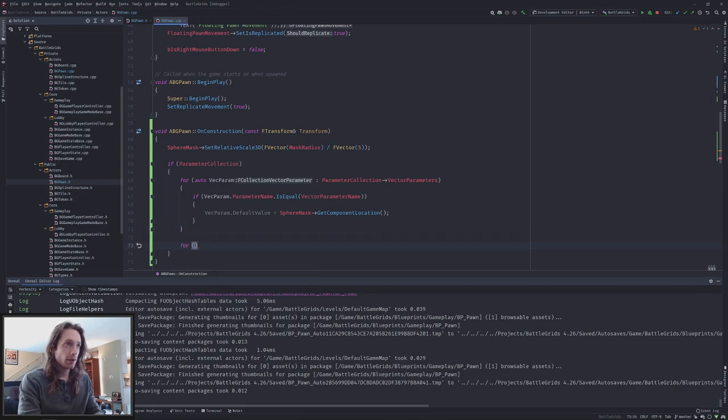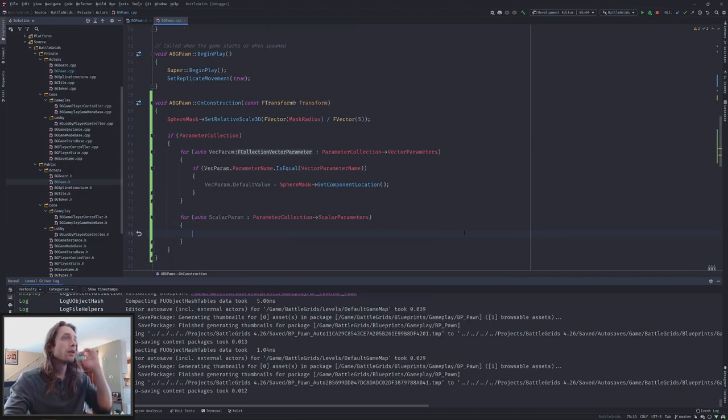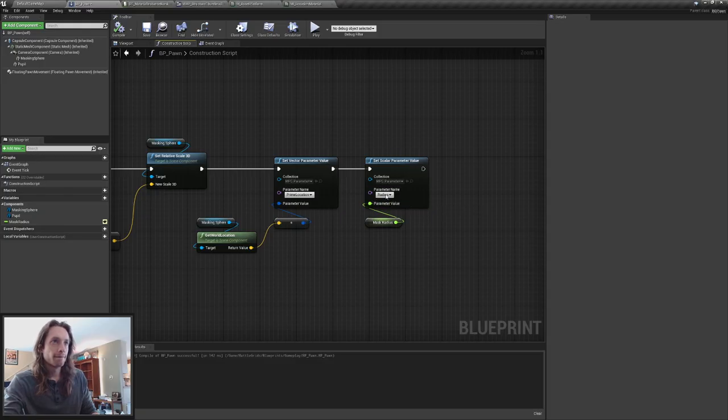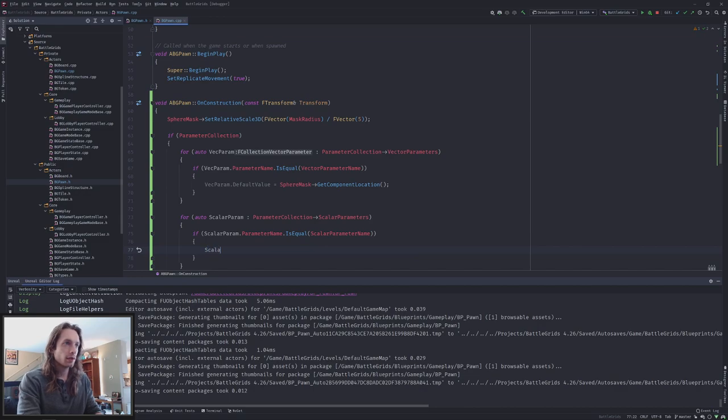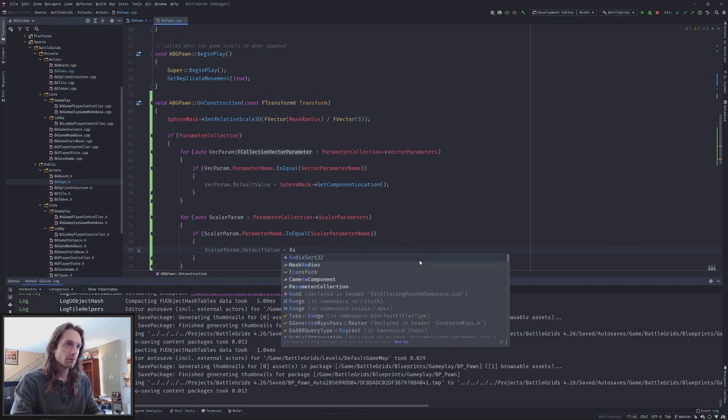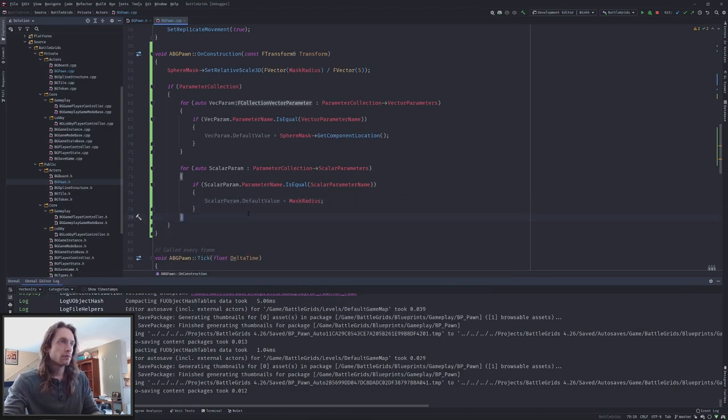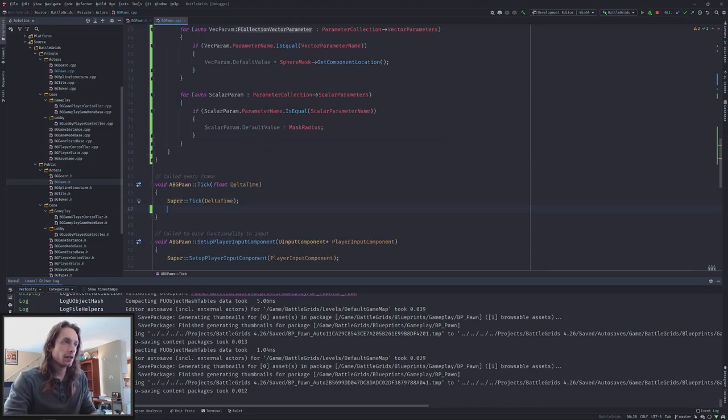Same thing for auto scalar param in parameter collection scalar parameters. If scalar param dot parameter name is equal to scalar parameter name, set it equal to the radius. Okay, so there's that. And then on the tick,